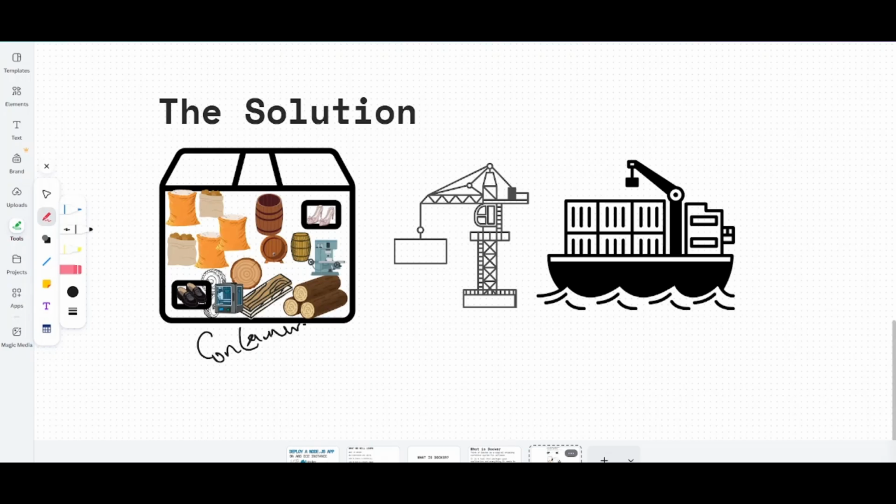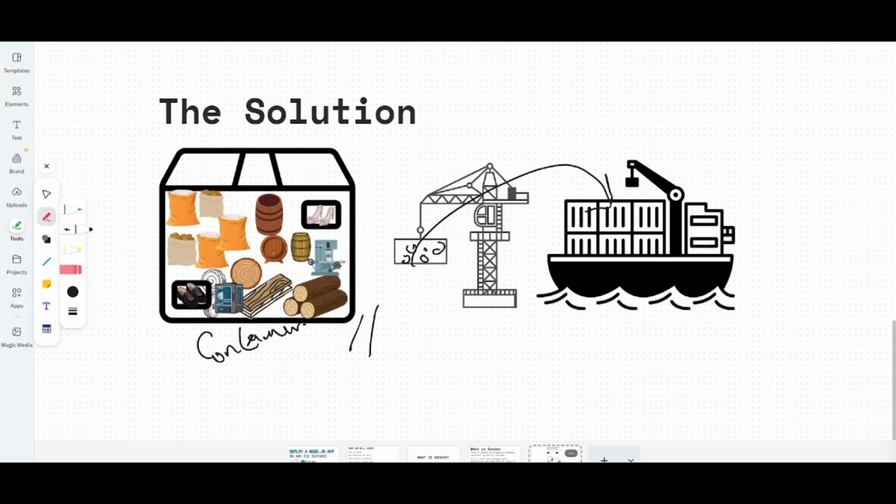What the ship would see is a 20-foot metal box, and cranes can easily load it onto ships in hours instead of weeks. Because everything is in a metal box called a container, theft is going to reduce drastically,